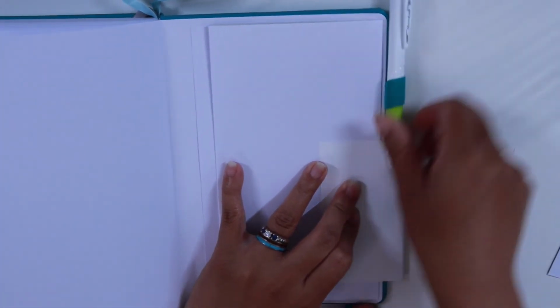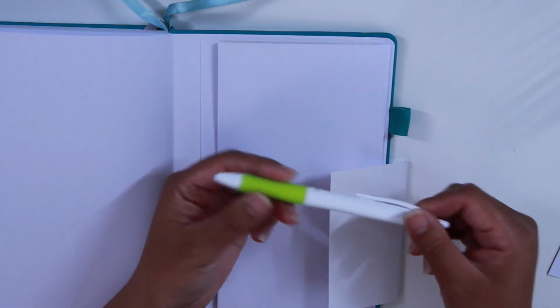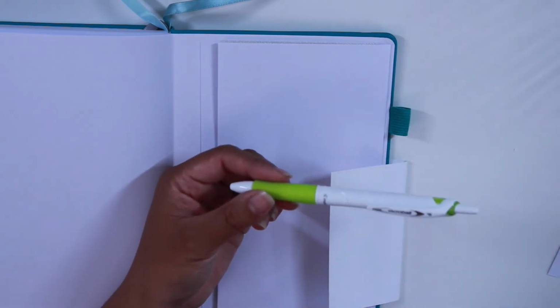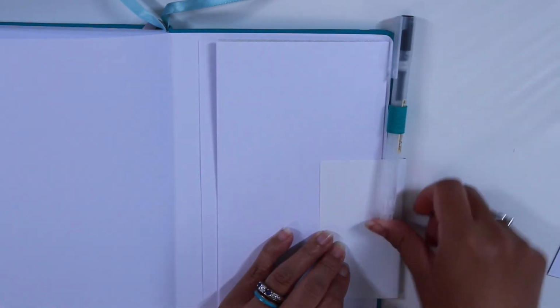Yeah, well, I think that works just fine. Again, I think it's the grip here that makes it not come off as easily. Let me see if I have one that doesn't have the grip. Okay, so I have a Muji pen on here. Yeah, that slides in so much easier. So yeah, nice little pen loop there, just so you always have a pen handy whenever you guys are budgeting,